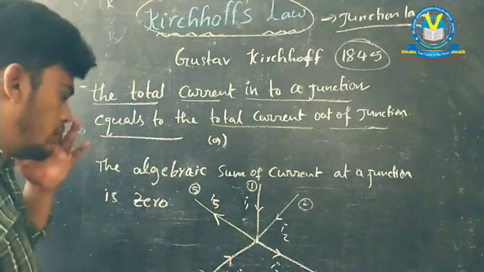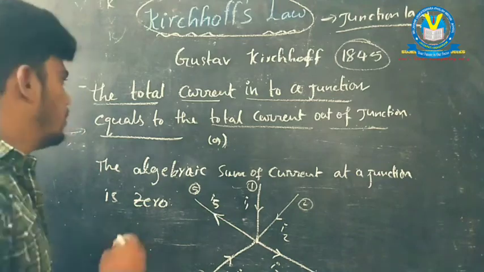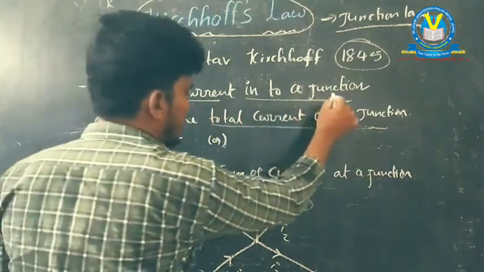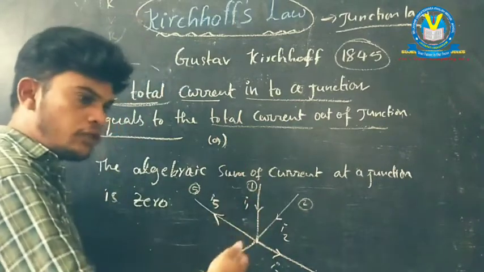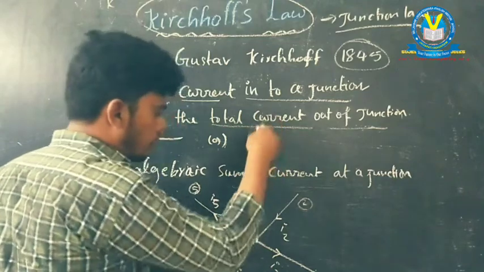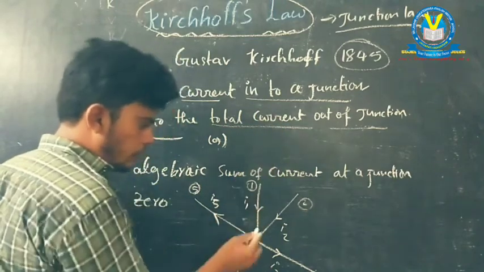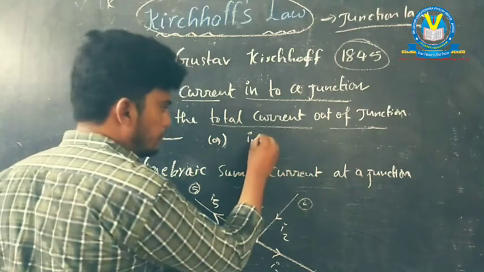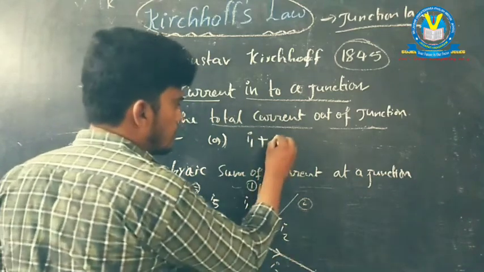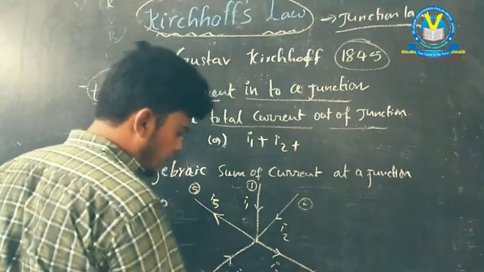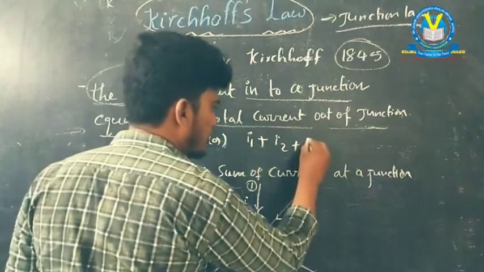According to this picture, I would like to explain this law. Look at here, the total current into the junction. The total means we are doing total plus addition. So what is the total current that goes into the junction? Tell me from the picture. Yes, I1 into the junction, and I2 also into the junction, and I3, it is not into the junction, it is out of the junction. I4 also into the junction,